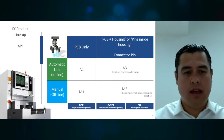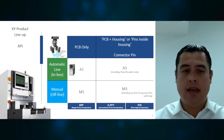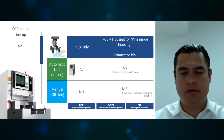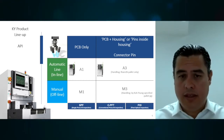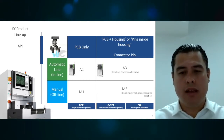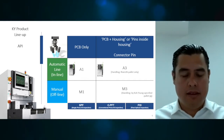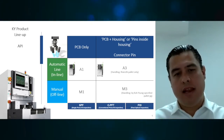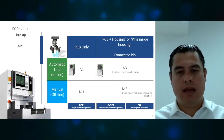For the automatic line, we have the A1 machine, which is a machine that can inspect PCBs in a normal SMEMA environment, as any production line for SMT. And we have the A3 machine, which can work in an automatic line but with a Rexor pallet environment. This is very common in automation. So you can apply this to an existing SMT line with SMEMA or to an existing automation line with Rexor